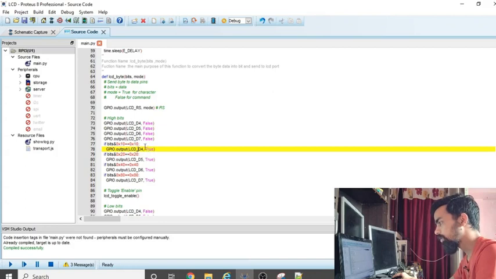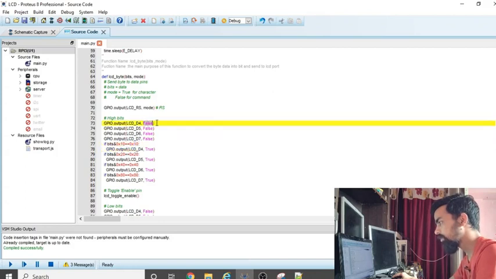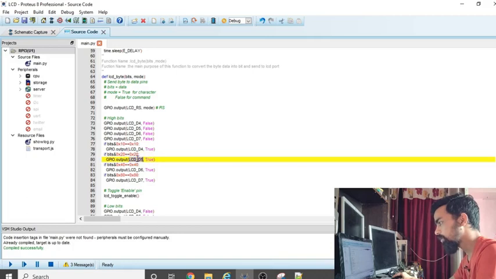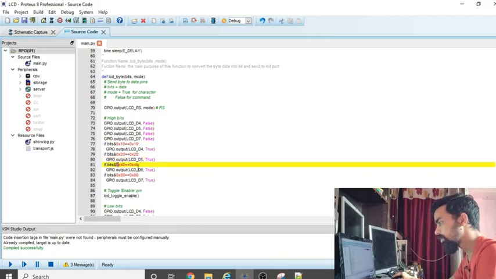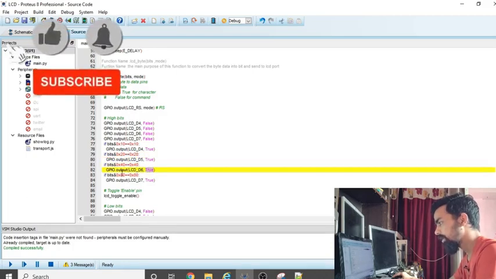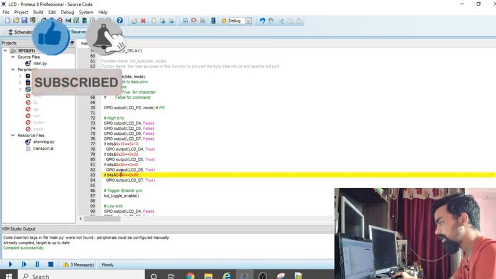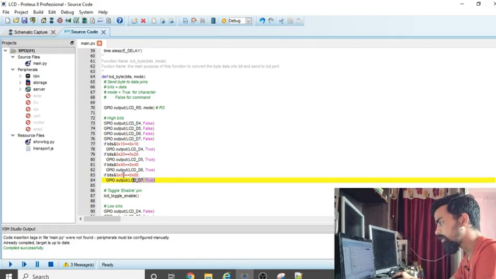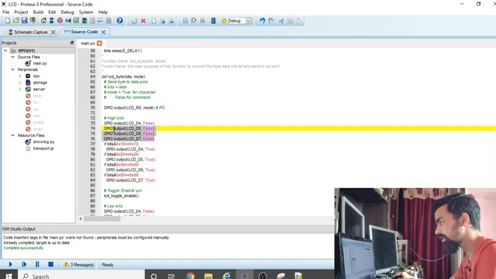If that is not equal to 0x10, then the False signal has already been sent from here. Then the second bit from the higher bits, 0x20: if this value is 0x20 after masking, we send D5 to True. Then the third bit, 0x40, D6 to True, and then the last bit, D7: if masking gives 0x80, we send D7 to True. If any of these conditions is false, the False signal has already been sent.